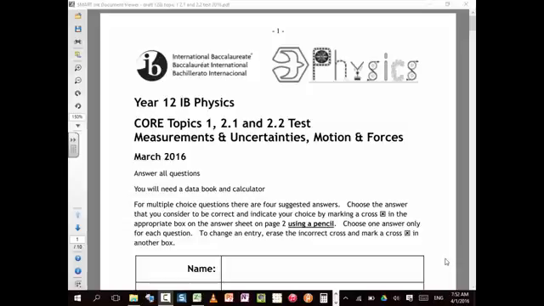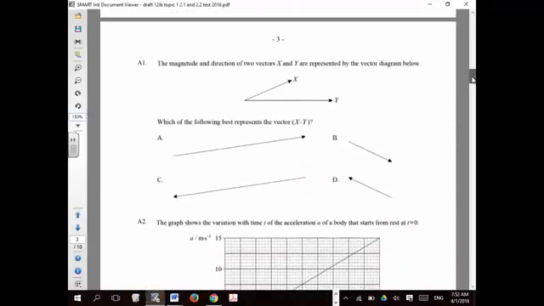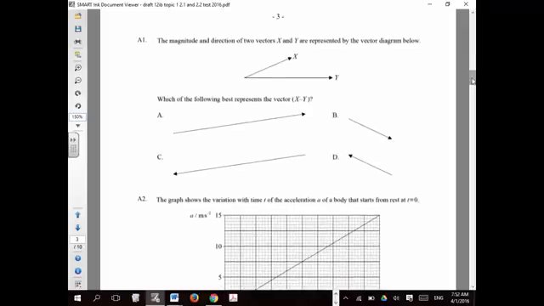In this video I'm going to go over the 12 IB physics test, the first half of mechanics. So starting with the multi-choice section, the first question asks the magnitude and direction of two vectors x and y